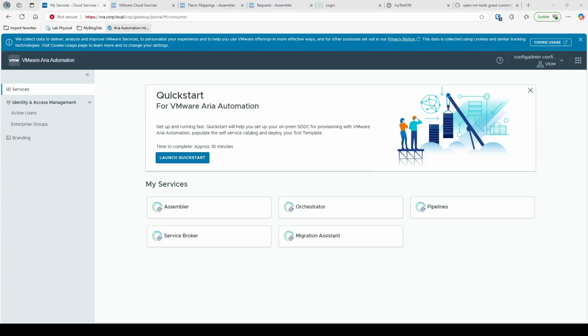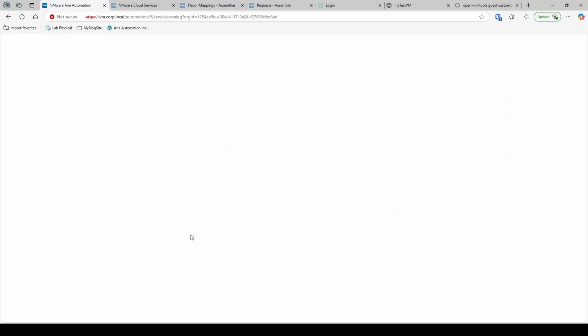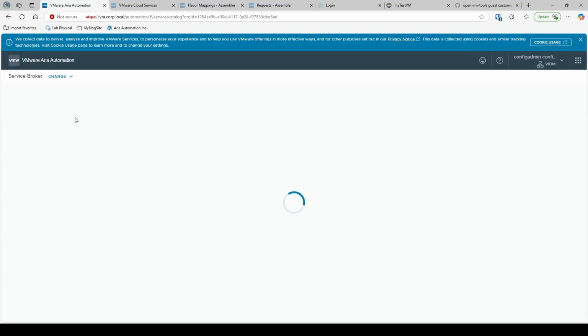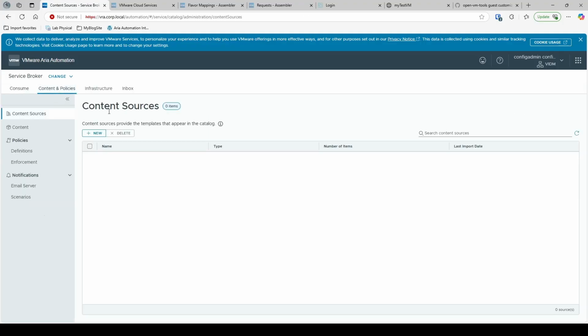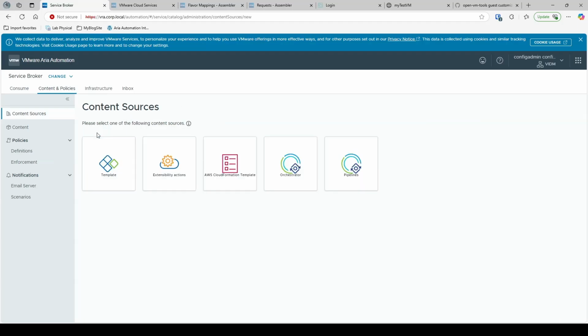So creating a content source is pretty straightforward. First thing you do is log into your Aria Automation console and click on the Service Broker tile. From there, you're going to click on Content and Policies, and then the Content Sources window is available. You're going to click New, and from here you see all of the available types of content sources that you